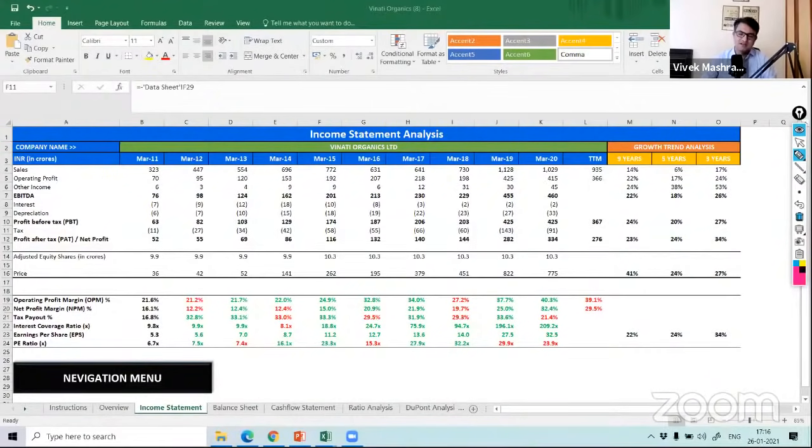Very, very easy. Now, why is this important? Okay. So this is the biggest question. So, the 10 crore question is why this is important, and why you should study the income statement and how you should study it. So that is what this sheet does. Okay. So say for example, you want to find a long-term compounding company, say 10-year compounding, consistent compounding companies.